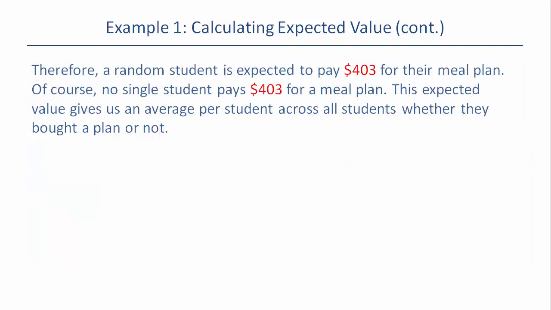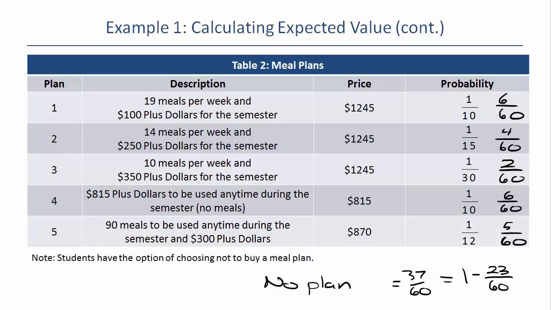It means that on average, every single student pays $403 for their meal plan. And you might be thinking, well, that's not possible. You're right, it isn't possible. None of the meal plans cost $403. But it's because there's so many students that didn't buy a meal plan that the average per student ends